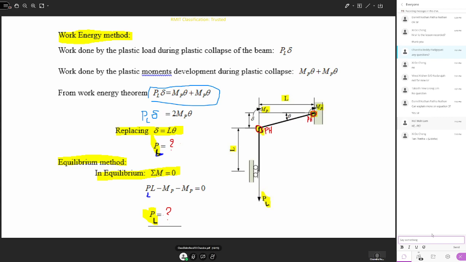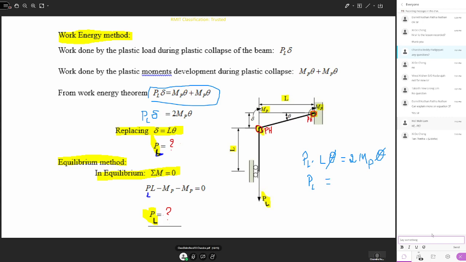Okay, so you can replace delta with L into theta. Therefore, you can write PL, the plastic load, into L into theta is equal to 2Mp into theta, plastic moment into theta. Now you can cancel this angular displacement, so you can cancel out. From this, the plastic load can be written as,